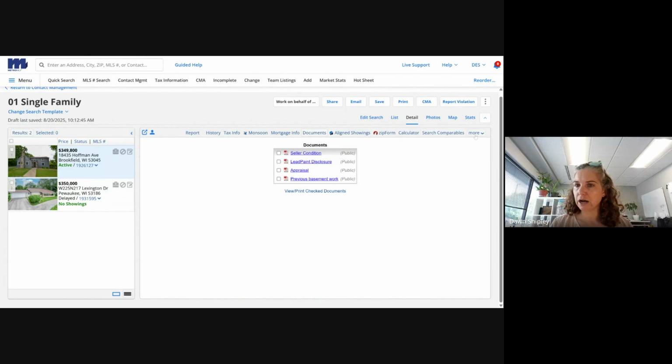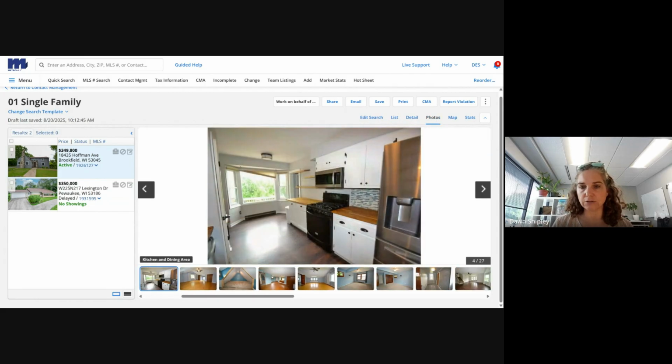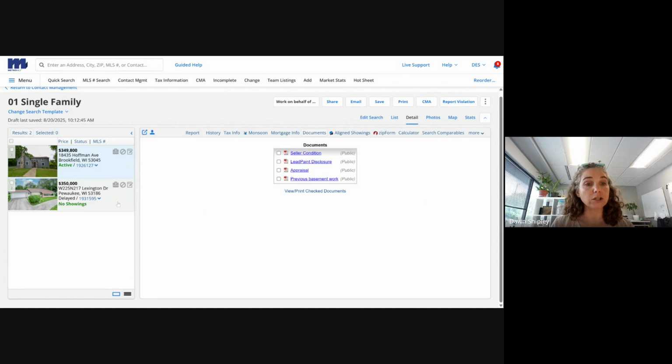Other things in here that are helpful. Let's see. So I told you, you can see photos, so we can scroll through there to see what the house looks like. So there's a lot of playing around in here that you can do. This other home that's in